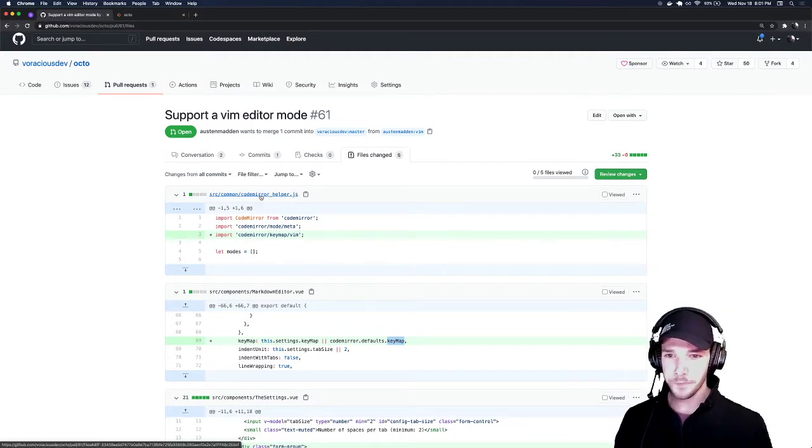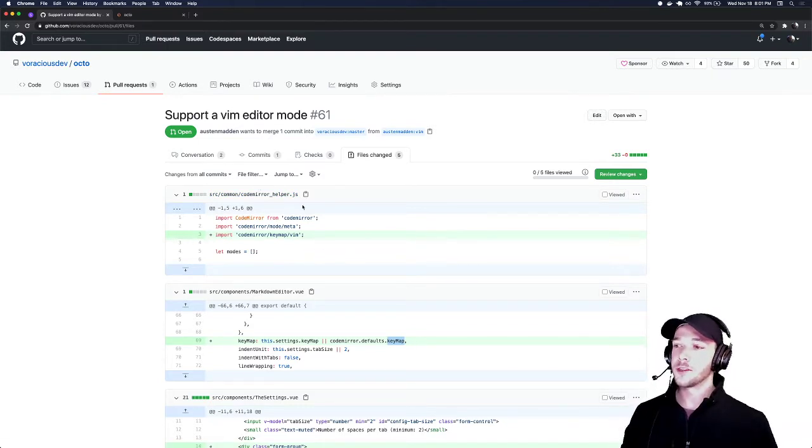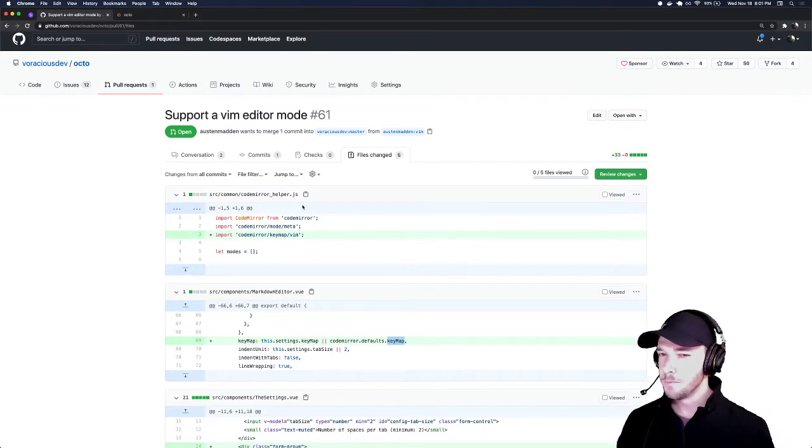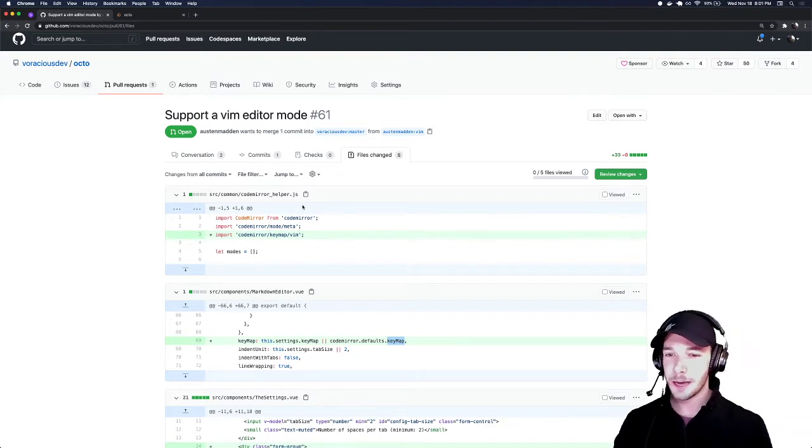It's where we already do the dynamic loading of some CodeMirror code. So I think this is going to be a good place to implement at least one of the helper functions where we do the fetch and the injection of that script into the DOM. And then whether or not we do that is going to happen in the editor. We're going to have to check the setting, and then once the editor is mounted, we're going to kick off